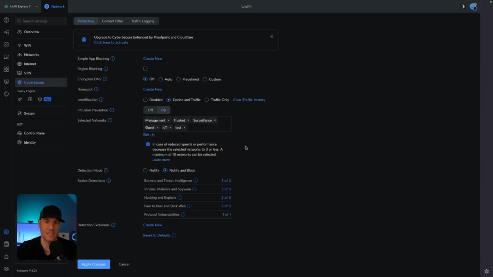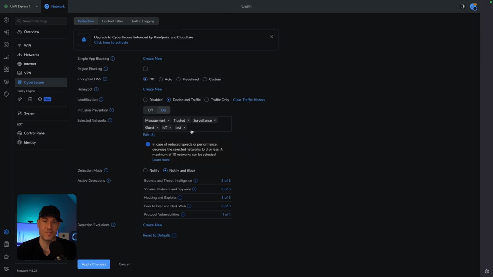It generally depends on the exact cloud gateway that you're using, so you might be able to use more if you have a higher end device. This is UniFi Express I'm using for testing. But the point is, if you came in and configured this in the past, and then you go in and add a new VLAN, it's not going to be added by default. You always have to remember that you have to make sure the VLANs are tagged when you add it, and